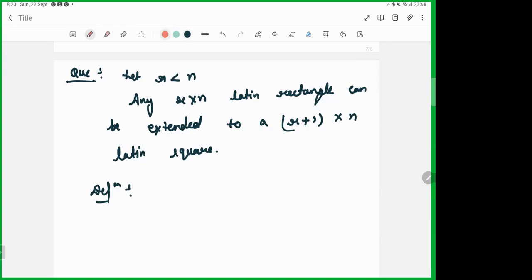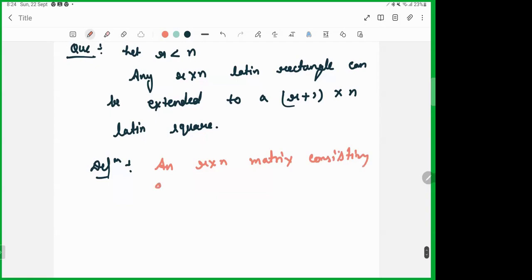An r cross n matrix consisting of the numbers 1, 2, and so on up to n is called an r cross n Latin rectangle